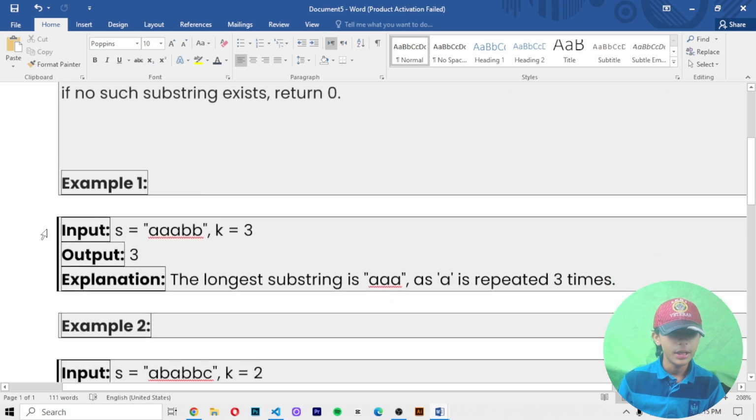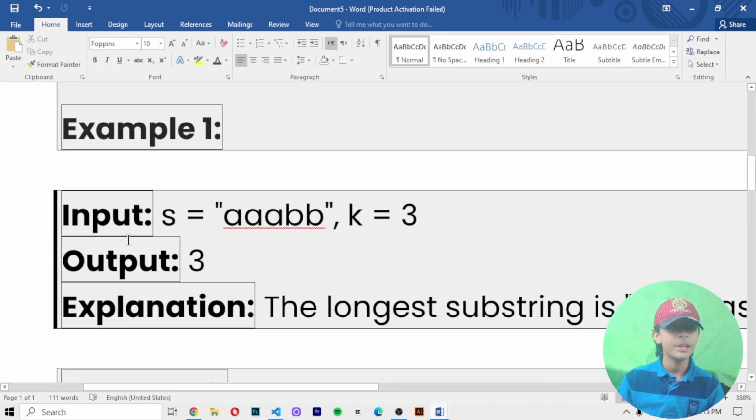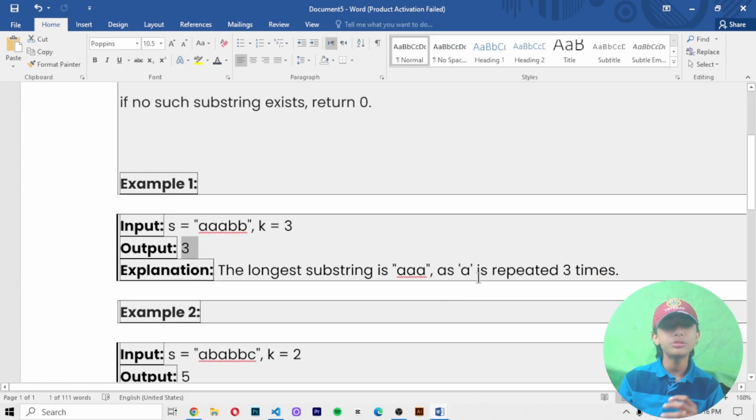In the first example, the input is the string s equals a three times and b two times, with k equal to 3. The output is 3, because the longest substring is a, as a is repeated 3 times.